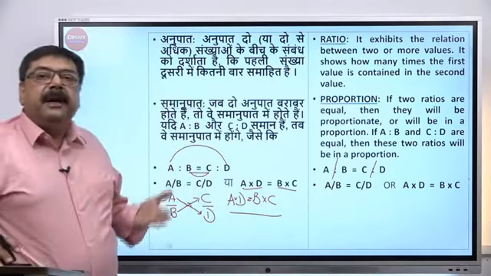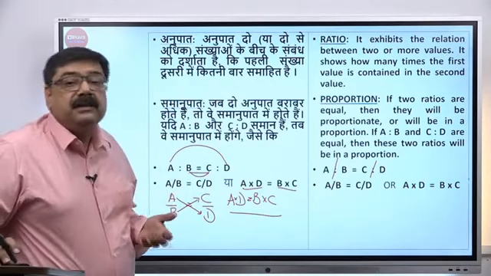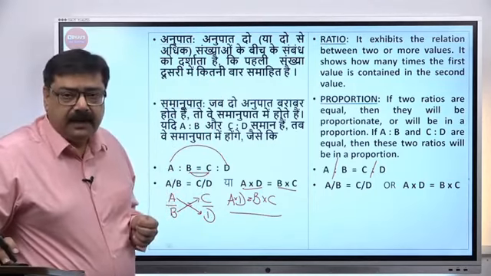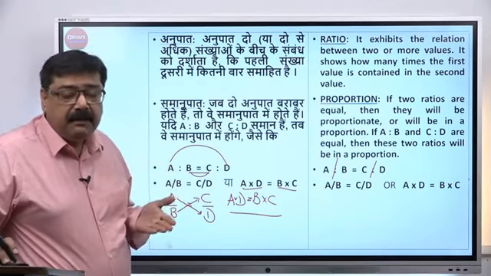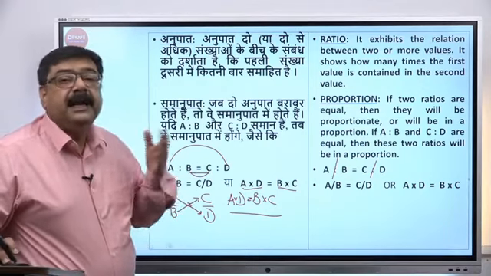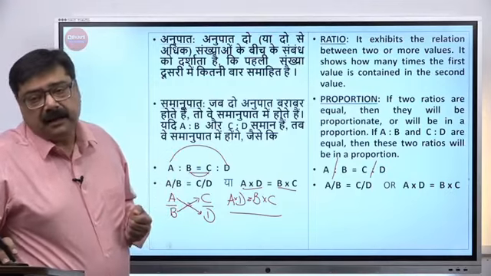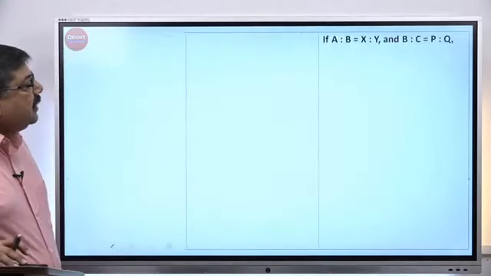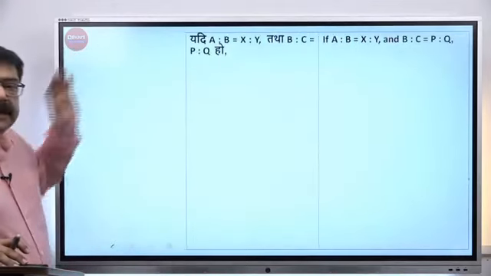Now our learnings will become much better when we solve some questions pertaining to this topic. तो हम और अधिक सीख पाएंगे, बेहतर सीख पाएंगे जब हम कुछ प्रश्न बनाएंगे इस टॉपिक पे आधारित। उससे पहले मैं आपको एक कंसेप्ट बताना चाहूंगा।